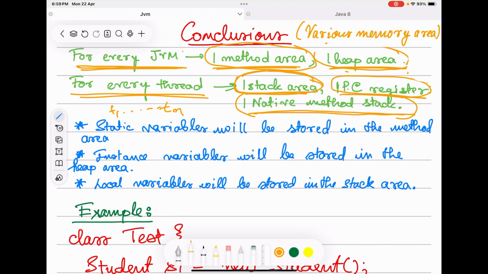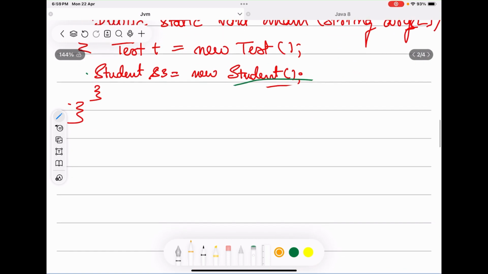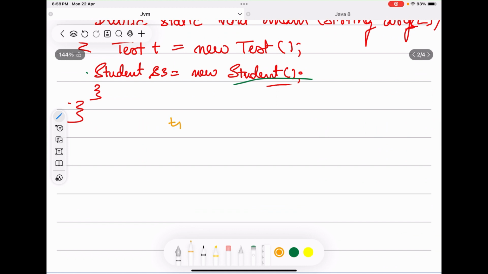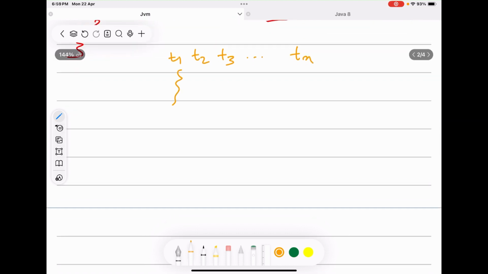So for every JVM we have one method area and one heap area allocated to it, irrespective of whether the JVM is running a multi-threaded program or a single threaded program. If it is running a multi-threaded program, this method area and heap area will be the same for all the threads. Say for instance, we have a multi-threaded program where we have n number of threads, T1, T2, T3 up till Tn. Therefore, all these threads are allowed to access